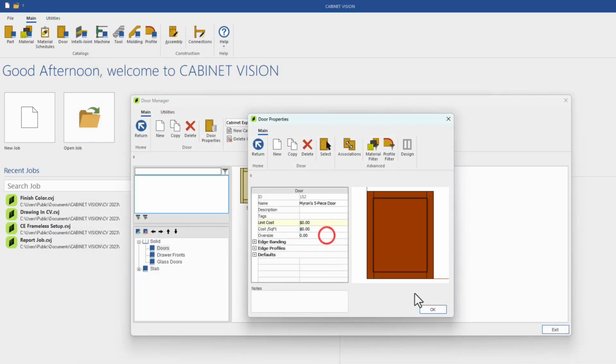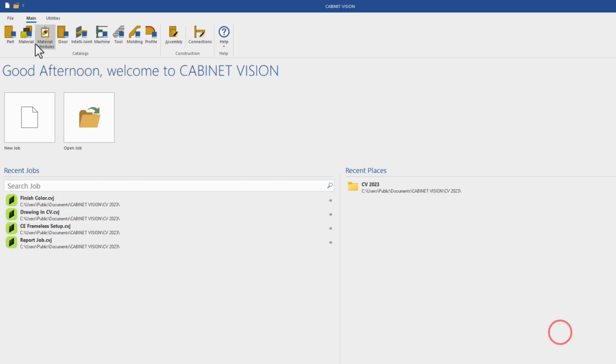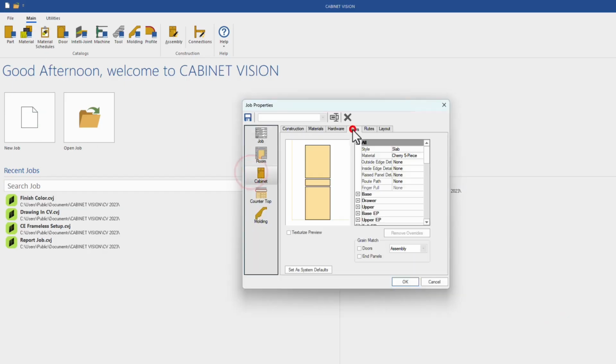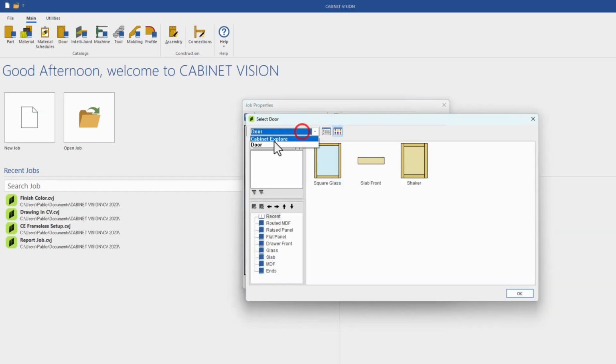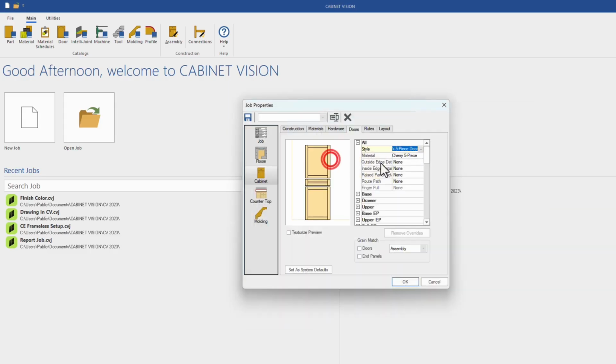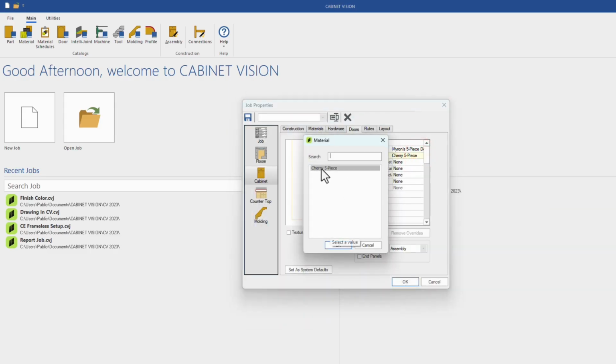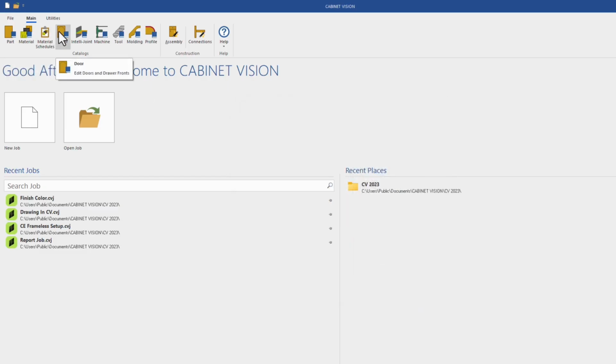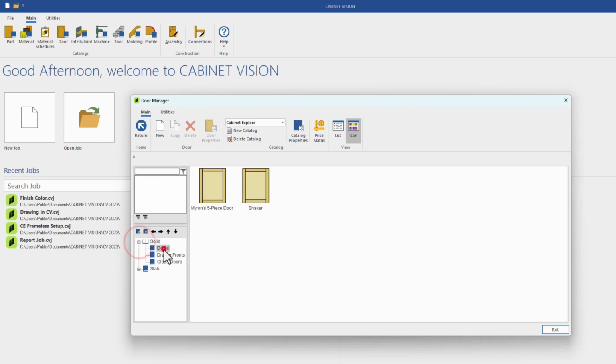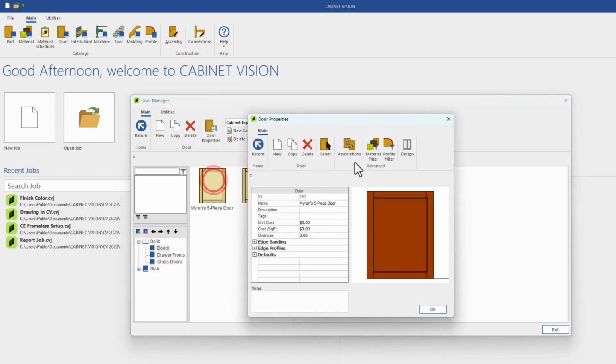So to illustrate that further, what we're talking about is if I go to New Job, and go to Cabinet, Doors, switch to the Cabinet Explorer catalog, and choose Myron 5-piece door. And we only have one option here because we pulled this over and we're saying only this is allowed to work. Back in the door editor, if I go to Doors and back into my door,